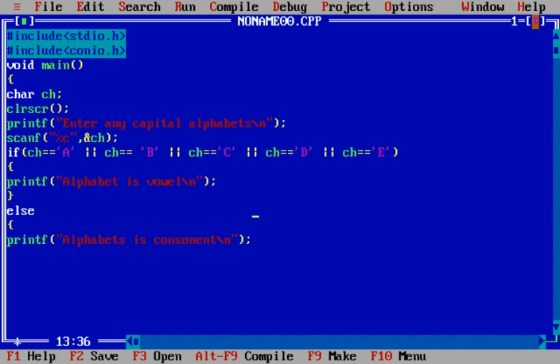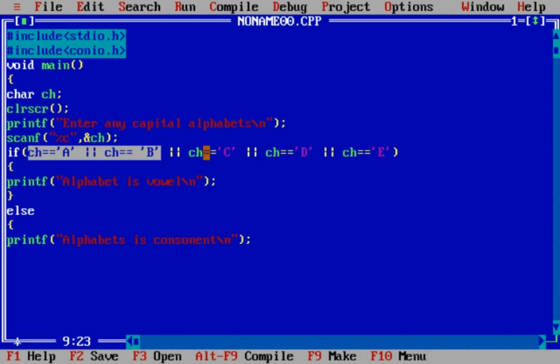If I also want to include small letters, then next we will also write the or operator and write all the 5 small letter vowels. Now what's happening here is, take these conditions. If our alphabet is A, then this condition is true, and if our alphabet is B, then this condition is true.